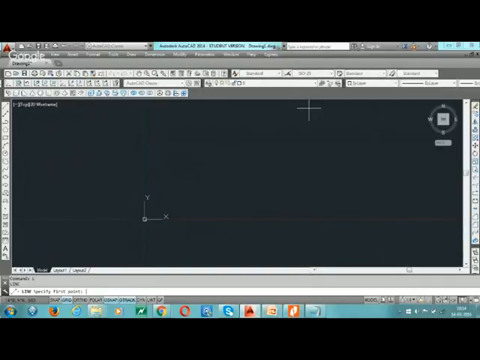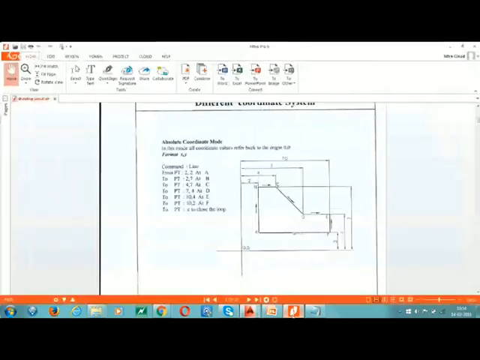The first point is 2,2. Then go to the second point here, 2,7. This point B is 2,7. In the y direction we are going to 7, and in the x direction we are going to 2.